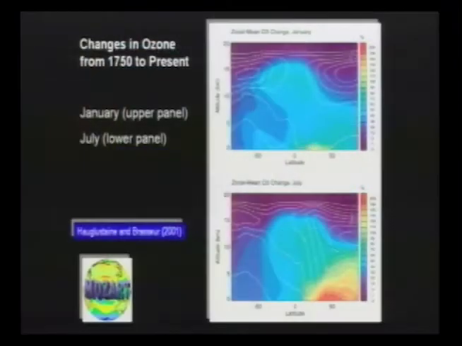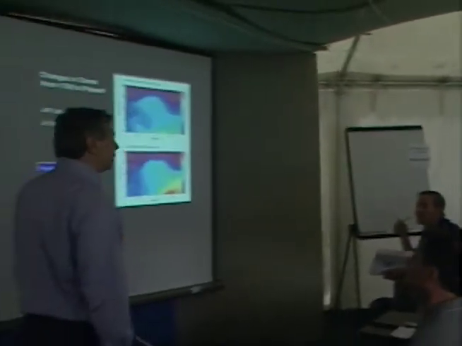Yes? Quick question. The big difference seems like in the summer at temperate latitudes. Is that right, the interaction of the photochemical effect with the emissions? That's right. You need emissions, NOx, CO, hydrocarbons, and you need high photochemistry. You will see that in the future it might be very different.